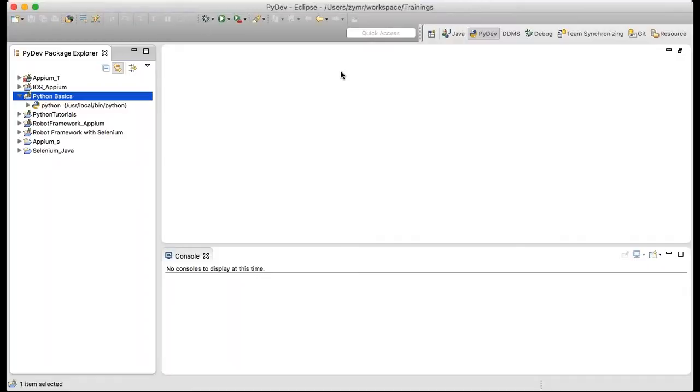When you have the PyDev perspective installed in your Eclipse environment, make sure at the top right corner you have selected that perspective correctly. Then once we click that, we have this PyDev package explorer which becomes available for us.